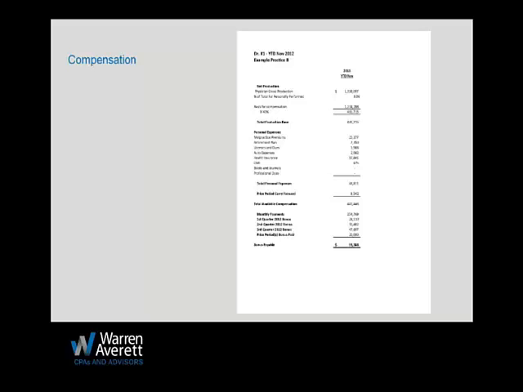This plan worked out really well because it offered an incentive to that physician to work hard. The harder they worked, the more they got paid. And they had some control over their license and dues and auto expenses and other things, so they could keep some of their costs down if they wanted to make more money or whatever it was. So this was a plan that we helped design for a group, and it worked out really well for both the owner of the practice and for the employed physician.